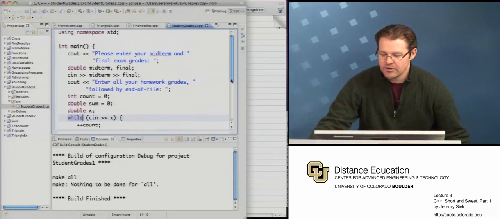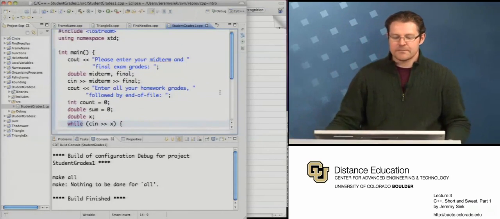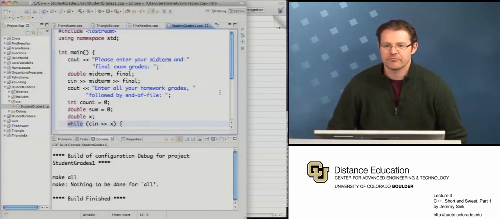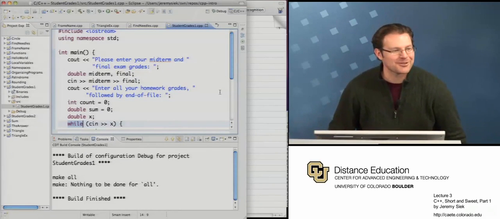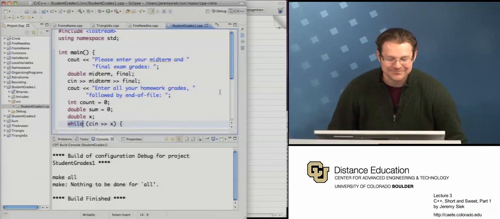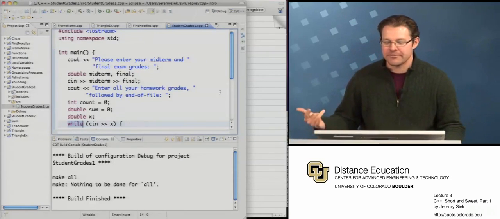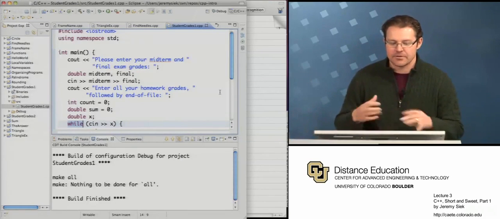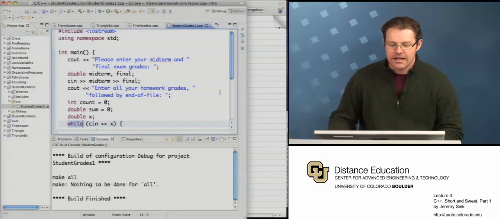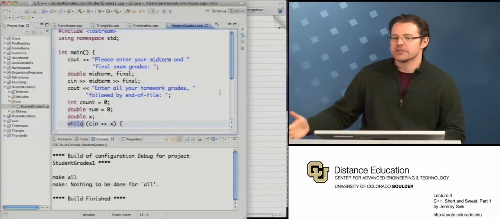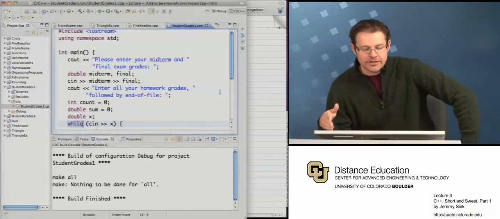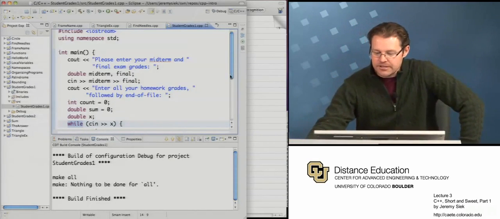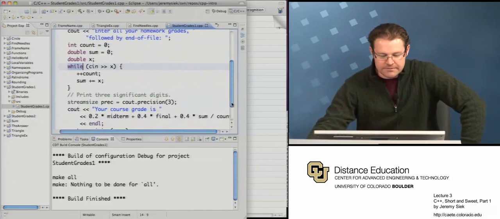So the program that we're going to write is meant to help someone compute their grade in the class. It's something that we're all super familiar with, but fortunately don't have to worry about for this class. We've got a midterm and a final exam grade, so we're going to ask the person to enter those two grades, and then they're going to enter a whole sequence of numbers for their homework grades. And then we're going to compute the overall grade, which I'll skip down to the bottom here,